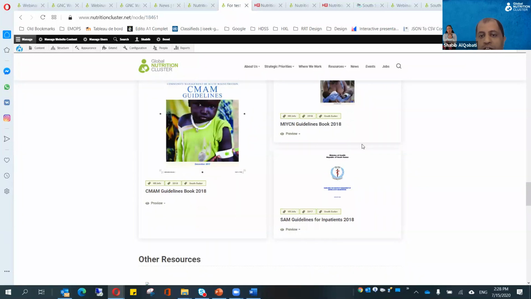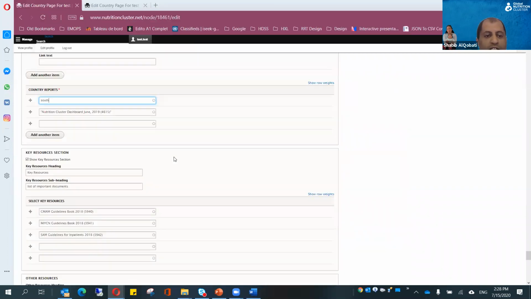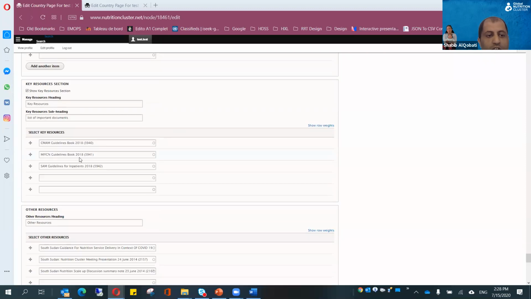It will be displayed like this. This is the key resource. So these are the most important things. You can see here, key resource. If you don't have any, it is flexible, you just hide it. But it will be good that you mention if you have any guidelines, so other countries can get experience or exchange experience with your country. If someone wants to know IYCF guidelines from another country, they come to visit your country and see your guideline